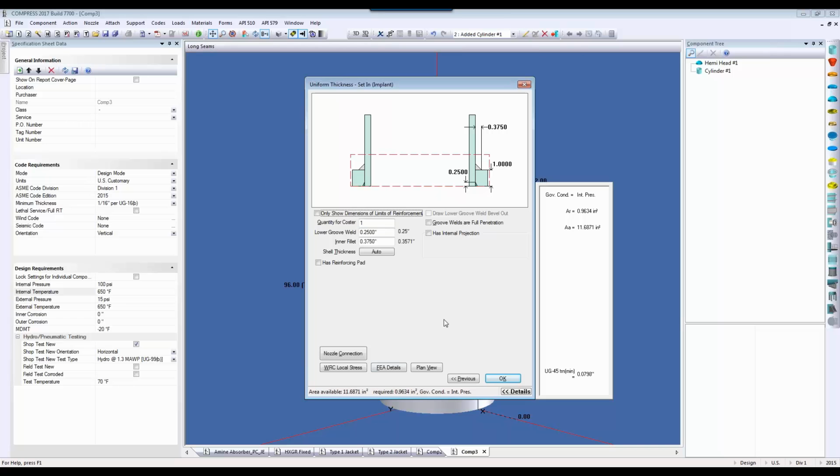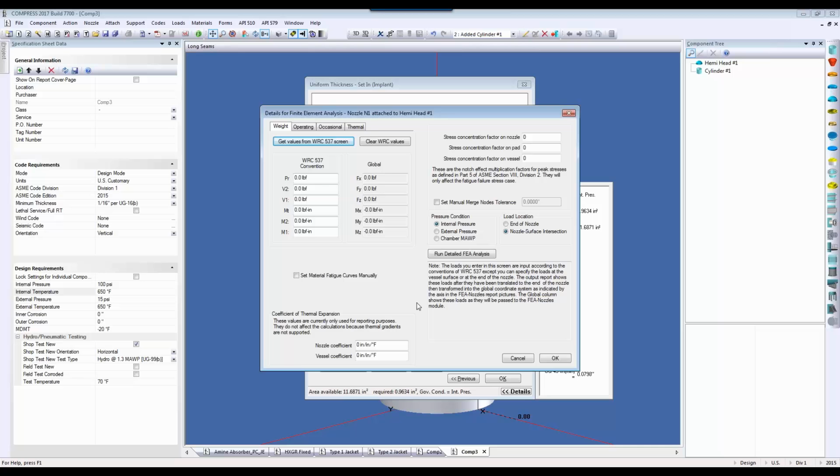Okay. And this is familiar to a lot of you. This is how we would come in. We would bring our loadings over for the various conditions, whether it's weight, operating, thermal, things like that. But the difference here with 7700 is there's now a button for Run Detailed FEA Analysis. So if you want to take that FEA analysis one step further, you want to get into the nitty-gritty of it,